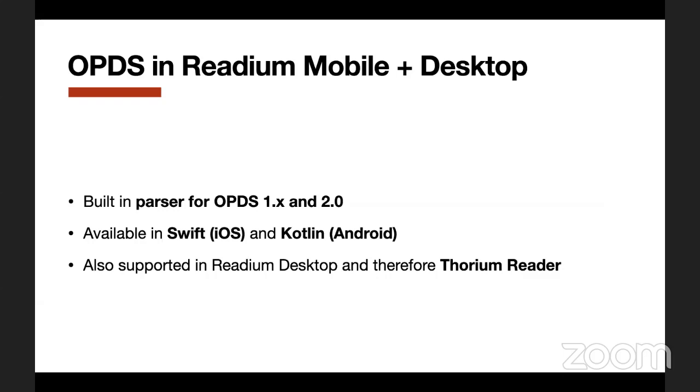So OPDS itself is completely built in 2 different SDKs that are maintained by the Readium Foundation. In Readium Mobile, you have a built-in parser for OPDS 1 and OPDS 2. That's available in Swift and Kotlin. From a developer perspective, an organization creating a reading app, it completely abstracts away a lot of the complexity in OPDS. You don't really need to know whether something is OPDS 1 or 2. It handles all that for you and presents it with an in-memory structure that's super easy to use. So it really makes the life of developers extremely easy compared to what existed before for handling